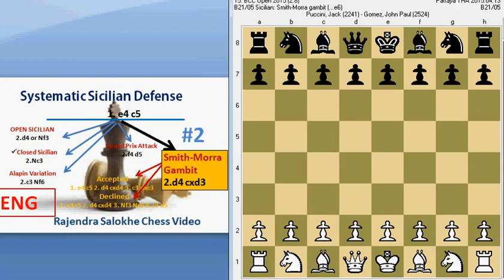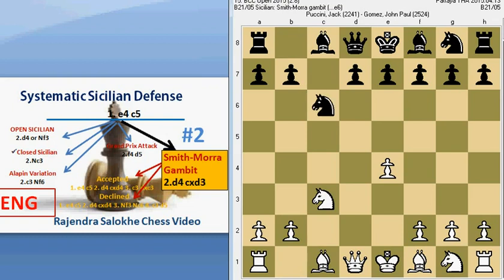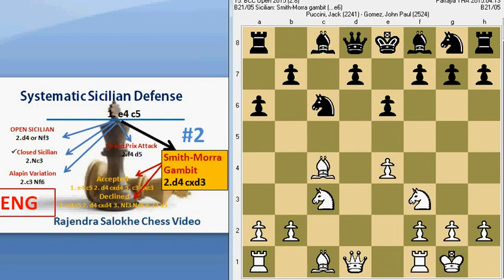I'll show a small game here also. Actually played e4, c5, d4, c takes d4, c3, Gambit accepted, knight takes c3, knight c6. Material wise, black is up because of the Gambit, one pawn up. Knight to f3, e6, bishop to c4, a6, white castles, knight e7,